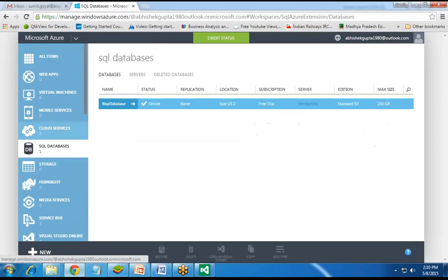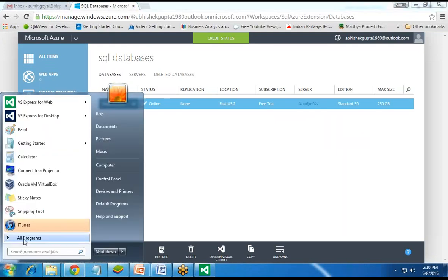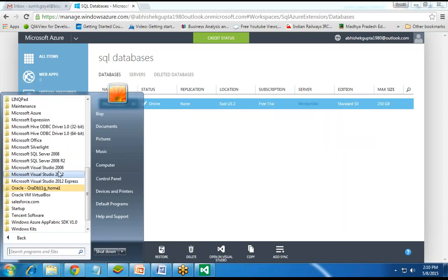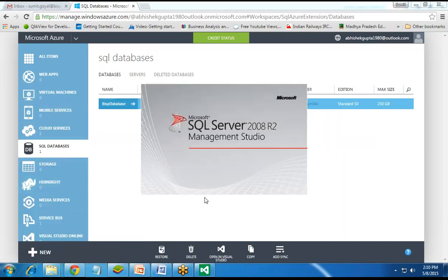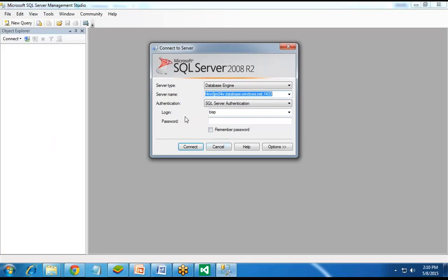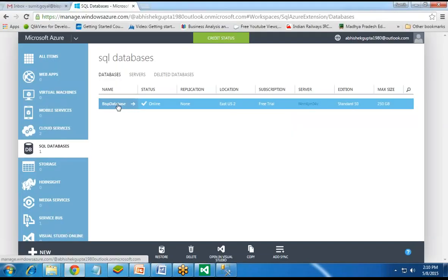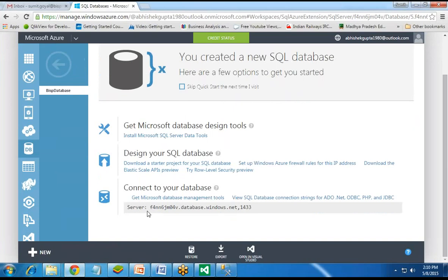As you can see here, I have already created a database online in Windows Azure, the BISP database, and now I'm going to access it from my SQL Server locally on my desktop. I open it and connect. To get the server name, I click on this and we have the server name here.